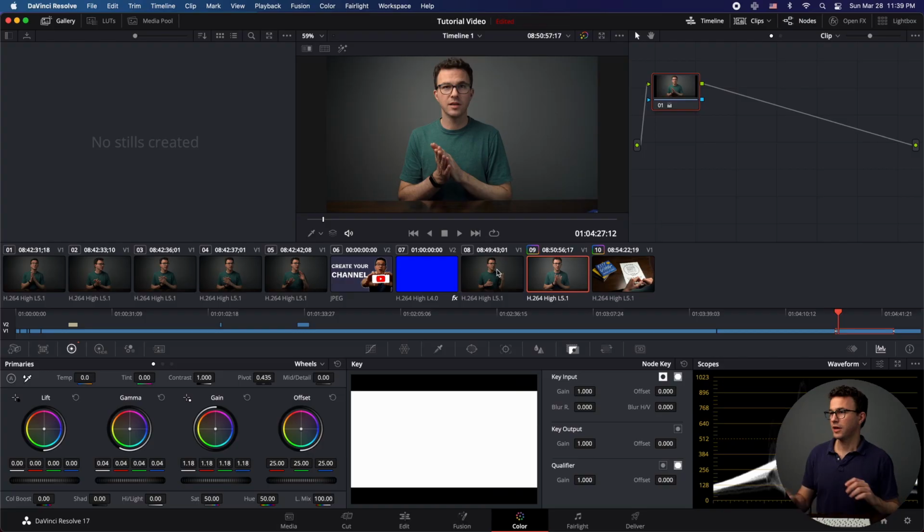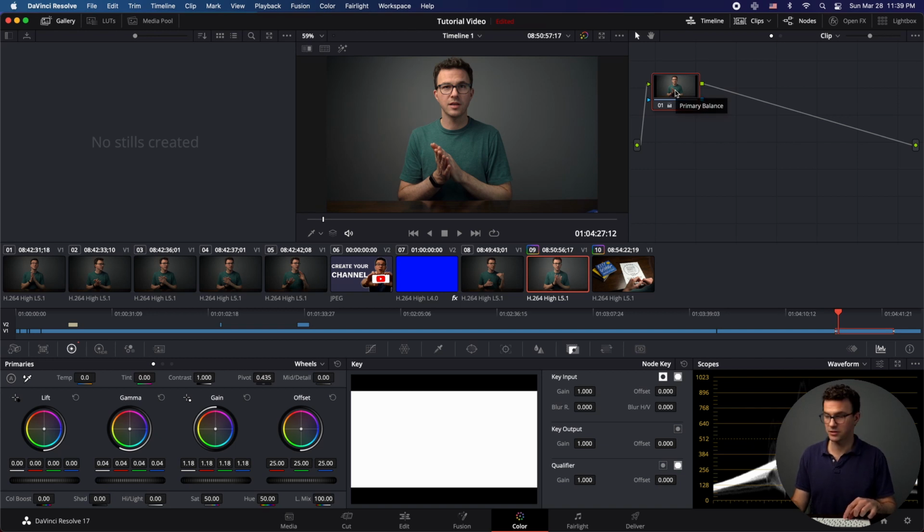So obviously all the other clips of me are with the exact same lighting because I just basically cut them up into different sections. So a smarter thing might have been to actually do this all at the beginning and color grade that one clip, but I didn't do it that way. But I'm going to show you how you can actually apply what I did to one of the clips to all of them. Okay, and so what I can do here, so if I have this node, I can just